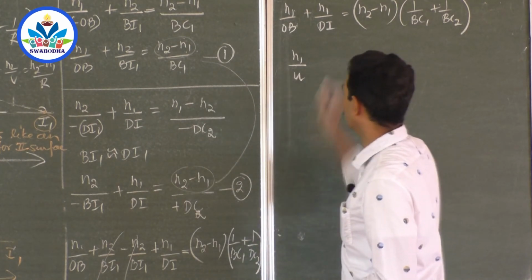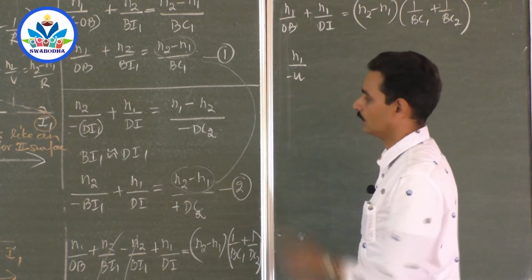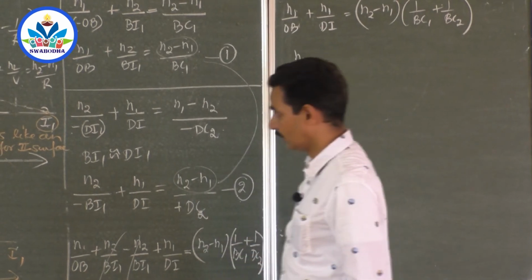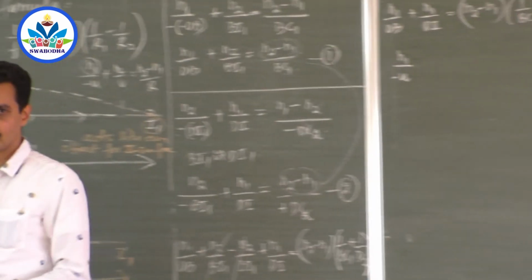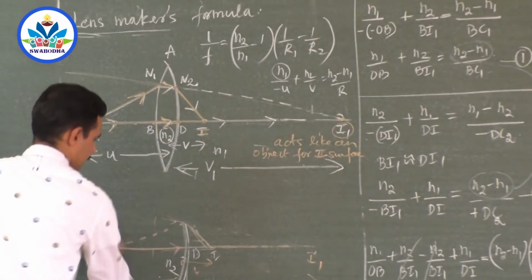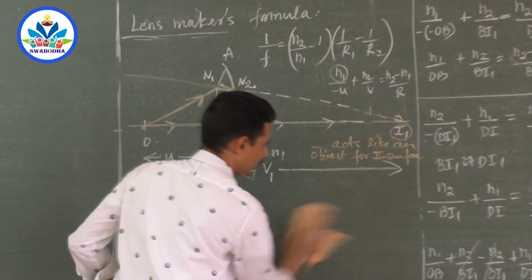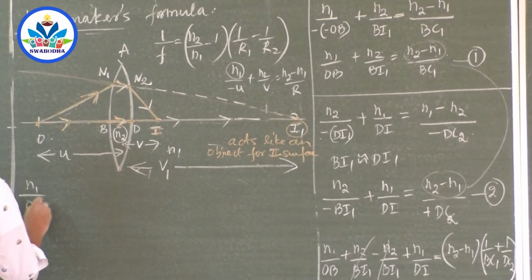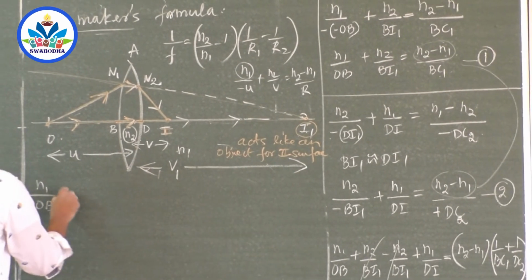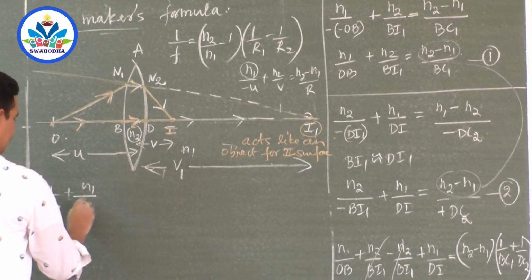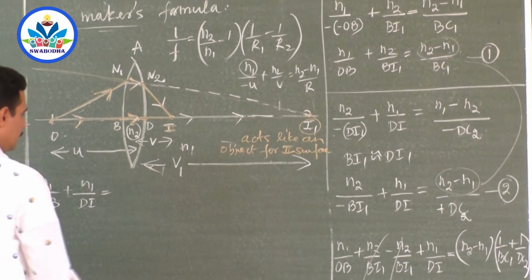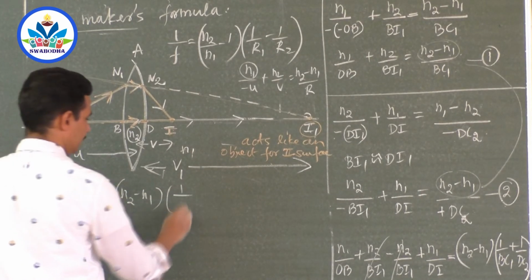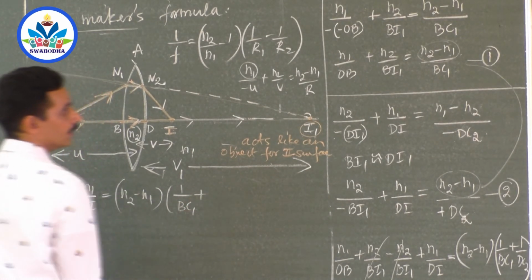n1 by u, right? Or it is minus u on the other side. Can you see this diagram, or shall I write this one here? That becomes easier. So I will shift that equation here so that I can apply it to the diagram very easily. So I will copy that formula: n1 by OB plus n1 by DI is equal to (n2 minus n1) into (1 by BC1 plus 1 by